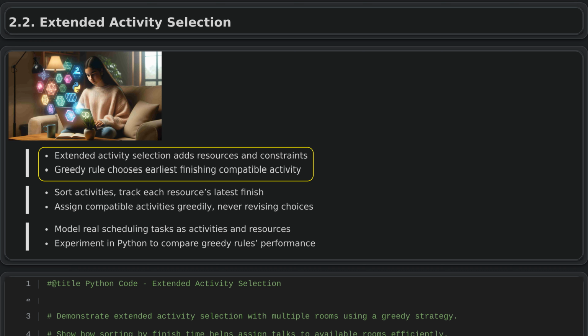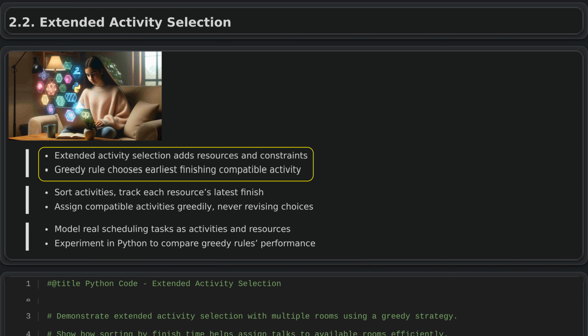The key strategy is to make locally optimal choices, like always picking the earliest finishing activity that fits into a resource's schedule, then updating which activities remain feasible. The main challenge is to turn this idea into an efficient algorithm that can handle multiple resources in Python while